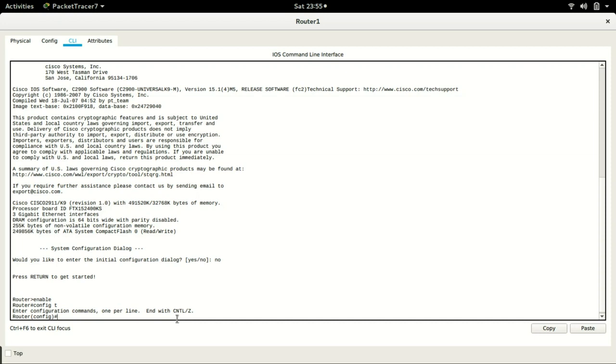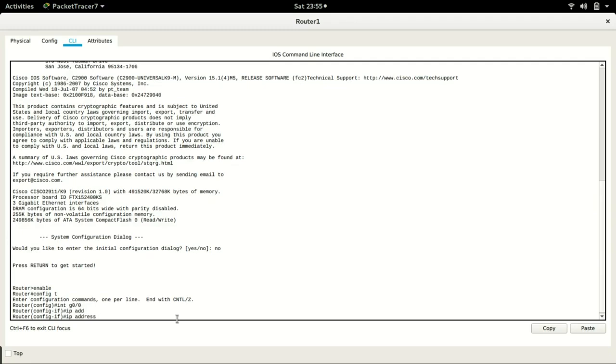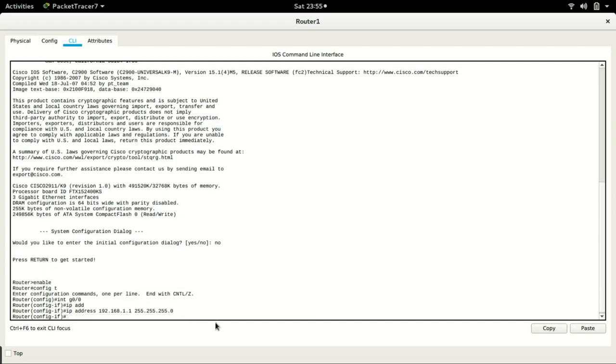So what I will do is, now I'll go to interface Gigabit Ethernet 0/0, then I'll assign it an IP address of 192.168.1.1. I'll put a space 255.255.255.0, which is my subnet mask, and then I will enter. Now remember, I said the interface is down, so I will need to turn it up, and to do that I need to say no shutdown,